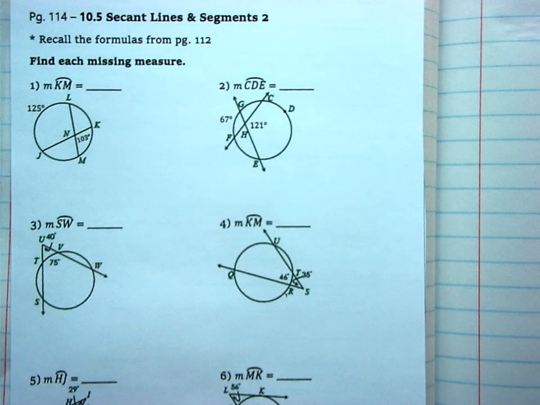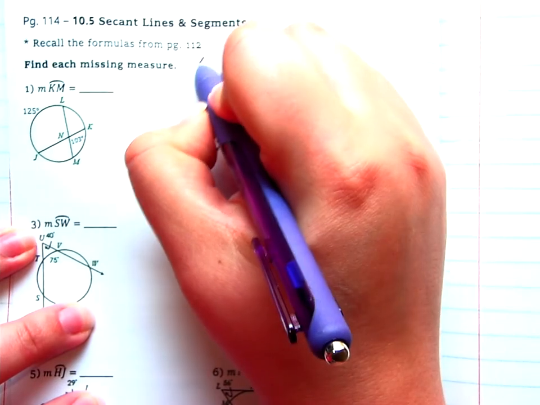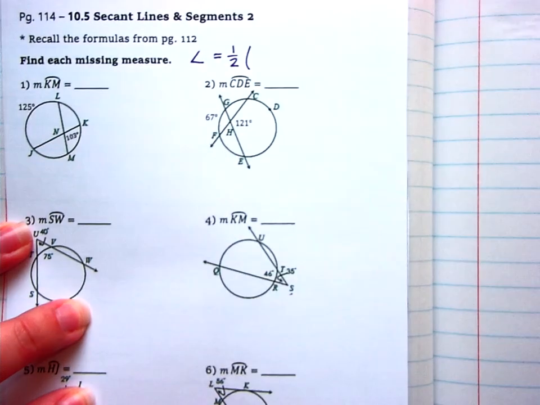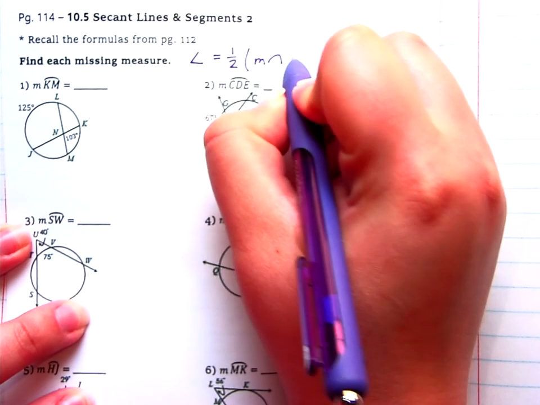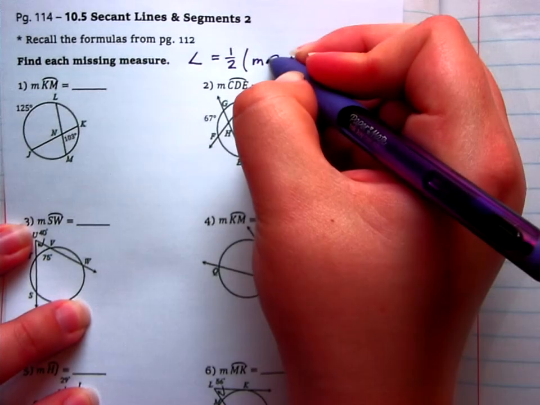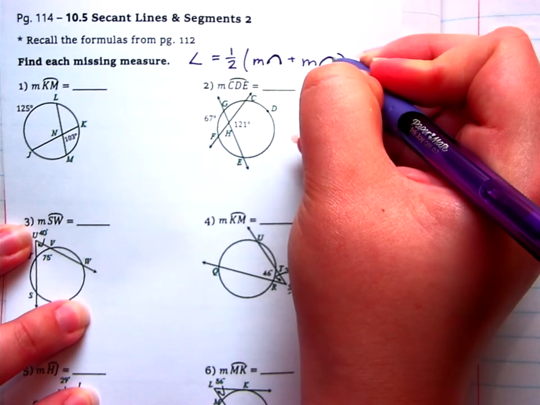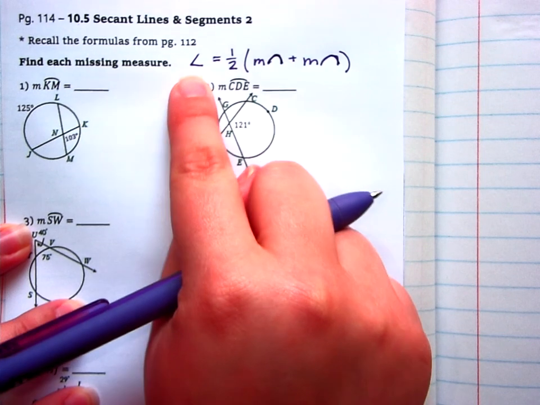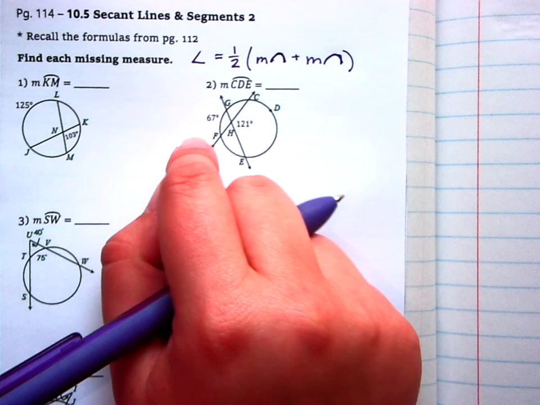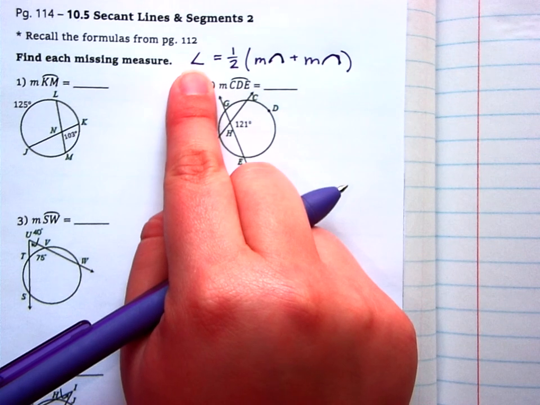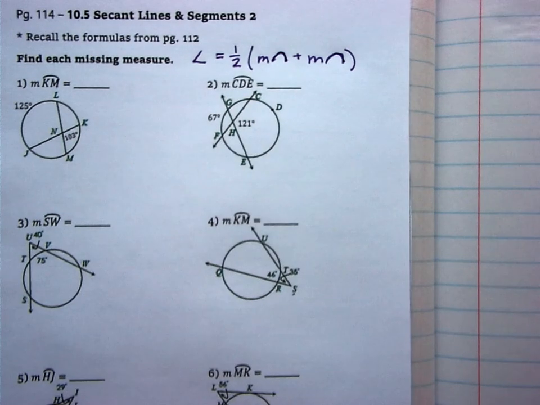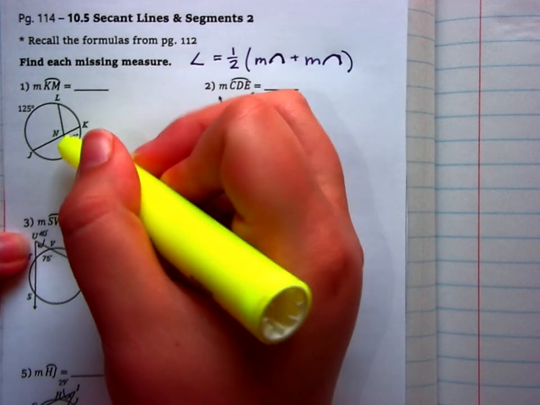The formula for when it crosses is the angle equals half of the measure of the arcs added together. Hopefully this formula makes sense to you. It's a very general formula: the arcs added together divided by 2 equals the angle. This is the setup that you should use for these problems. So make sure you're putting the angle equal to half the sum of the arcs. Remember, the angle is in between the chords. It's the space